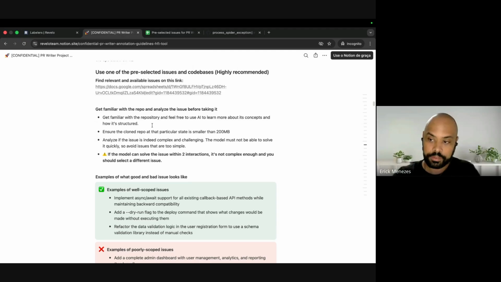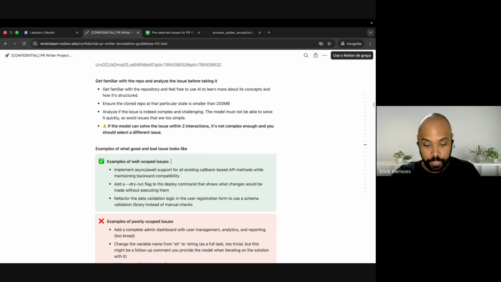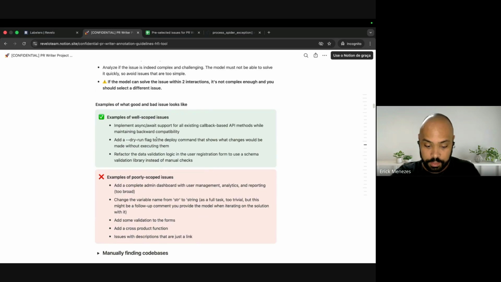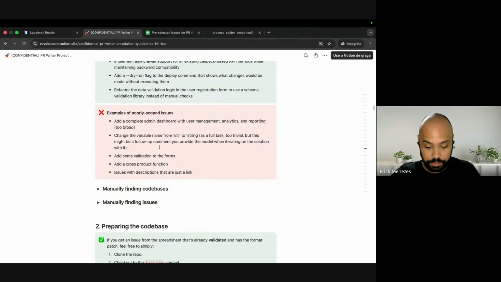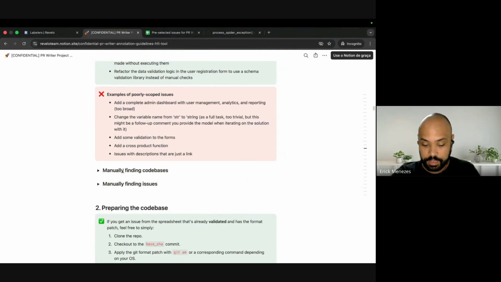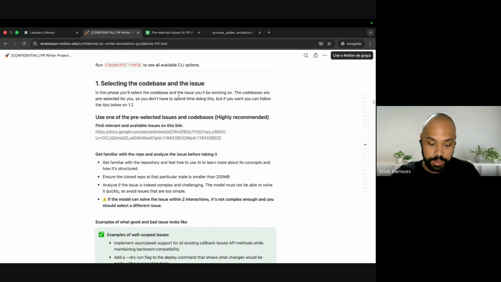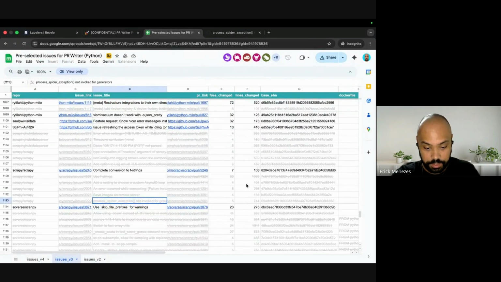It has to have more than 200 stars. And here a couple more. Also, we have a guideline here on how to find code bases or issues. So getting back here to the pre-selected issues,